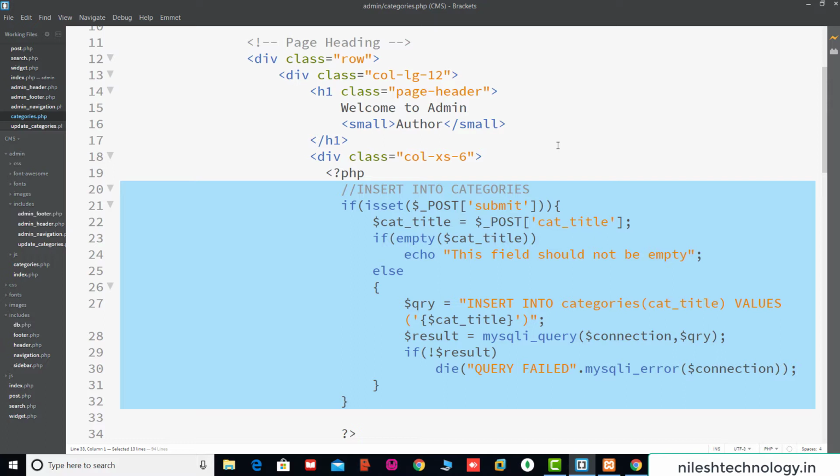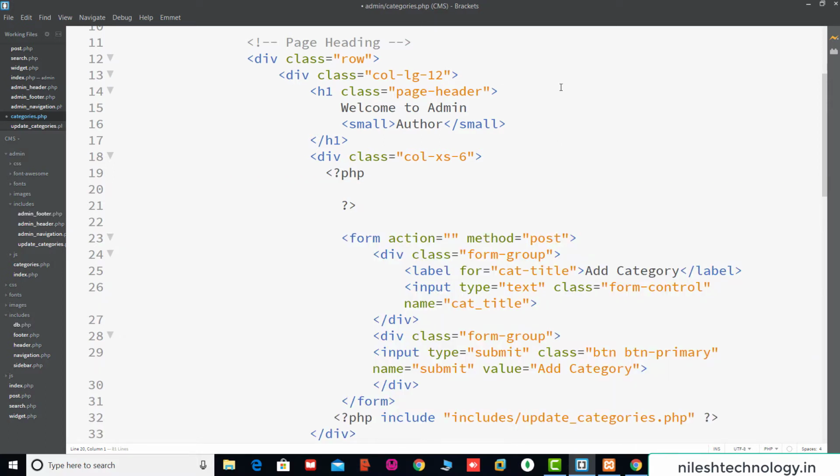Here I am using a Windows application, so these are the shortcuts. If you are using a Mac, then there are some different shortcuts, so use the shortcuts depending on your system. So here we cut this code and move it to the functions.php file. Here we create a new file. Right click on this admin folder and create a new file.